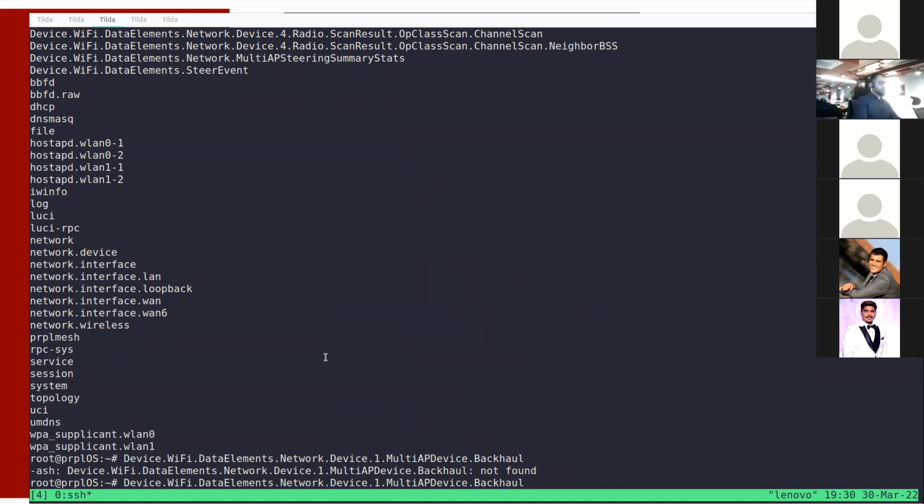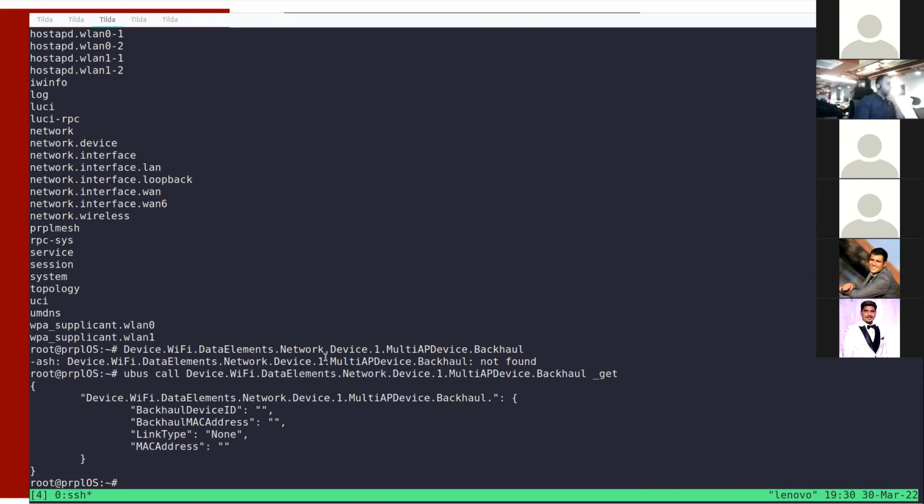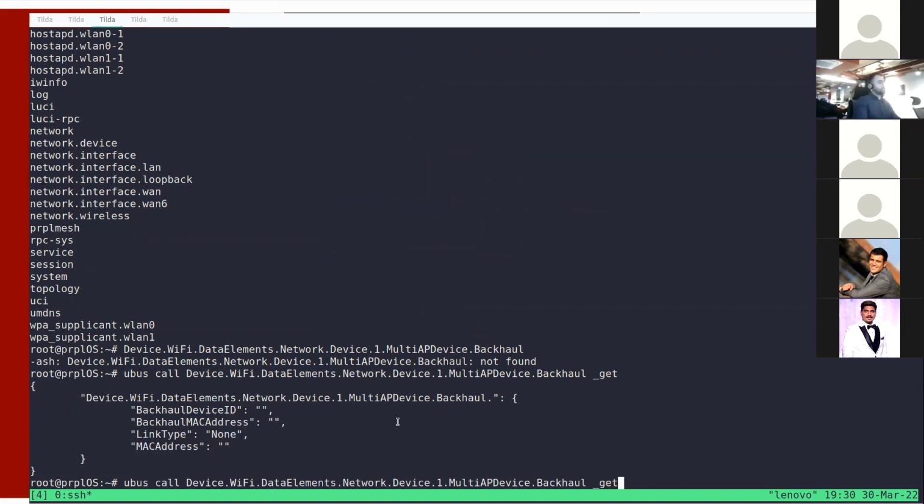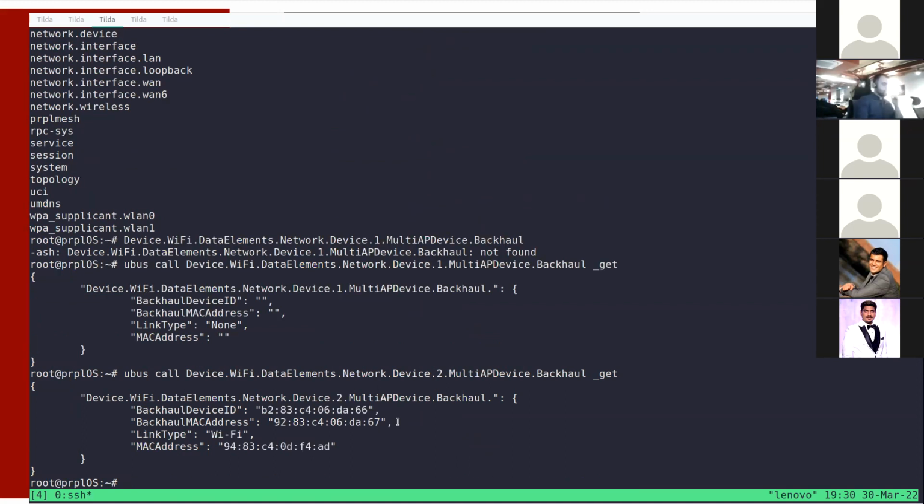Okay, I didn't write it correctly. Call get. So this is the first device, a controller. It doesn't have any backhaul information, so that's pretty normal. When we call the device 2 multi-AP backhaul, we can see